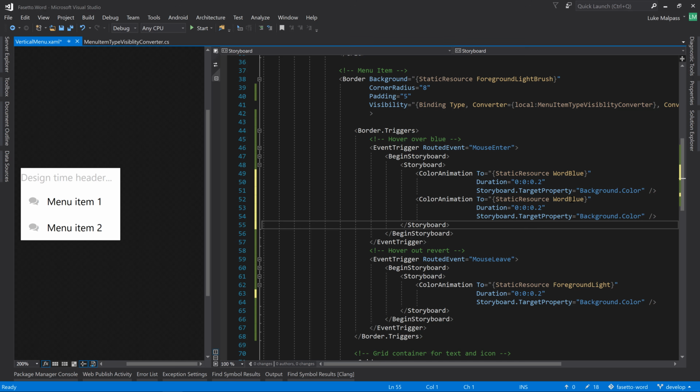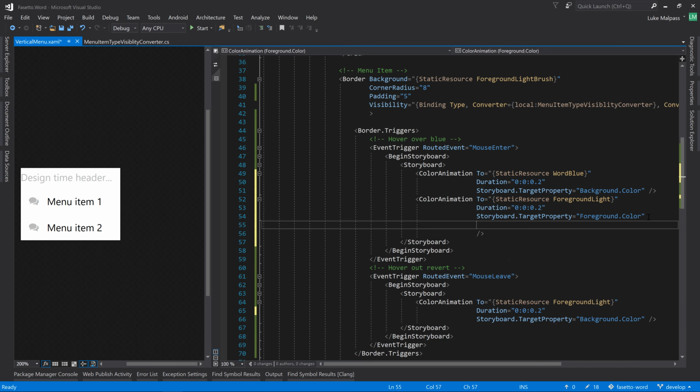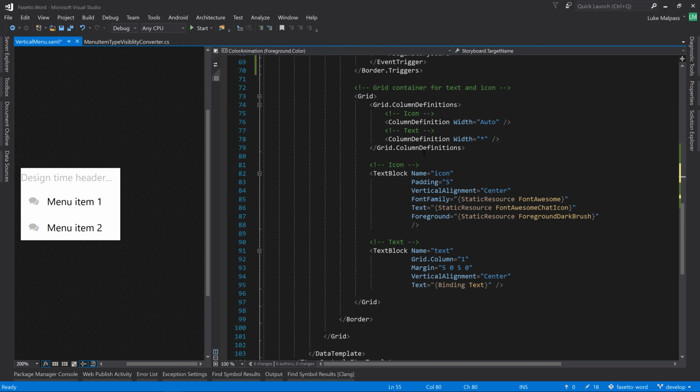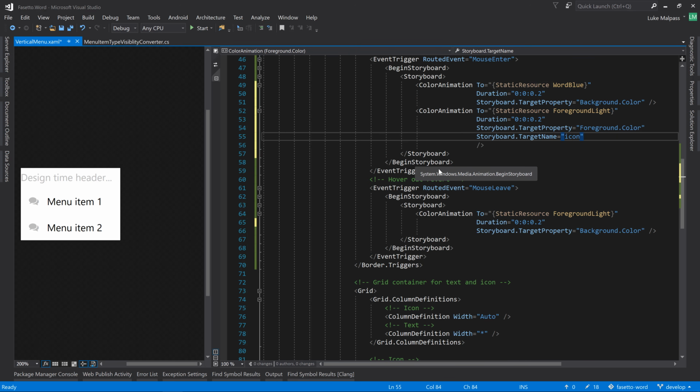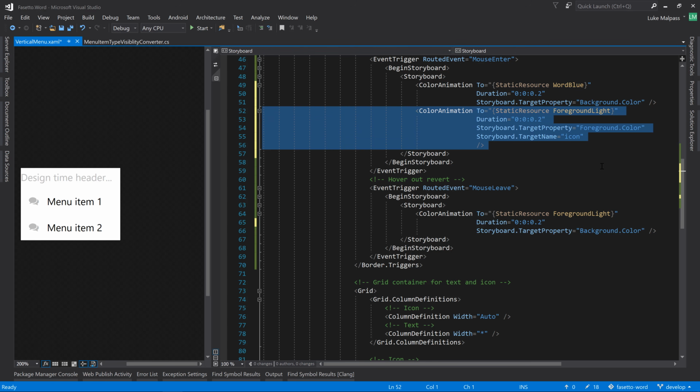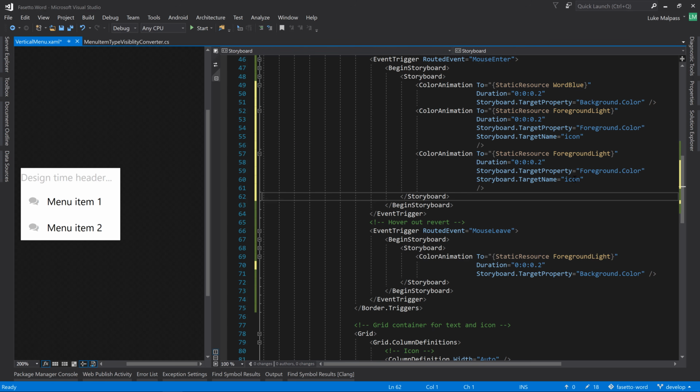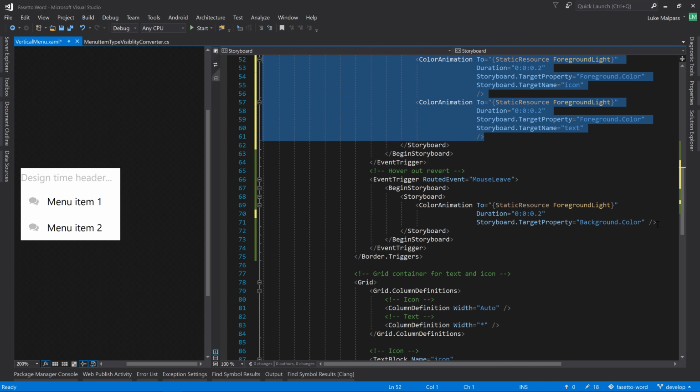Two more, well, start with one more. This will be foreground light, so it's the white colour. And it's going to be the foreground colour. And this time we're going to have storyboard.target name, and that's why we named these icon and text before. So this one's icon. And then the same again for the text. And then all that again for when you're leaving,